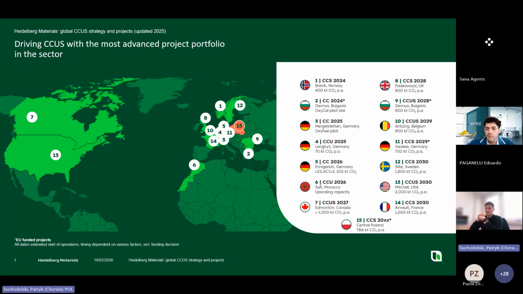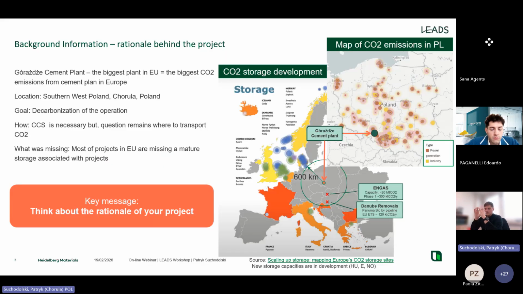This is the project which is located in Poland, and this is a project which is focusing mainly on the pilot storage development in Poland. Of course, for now, I couldn't disclose too much information because we are still in the process of the grant agreement signature. However, I believe in the upcoming months, you will hear a little bit more about the project in the publicly available data.